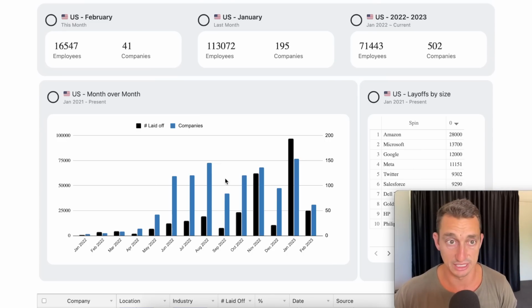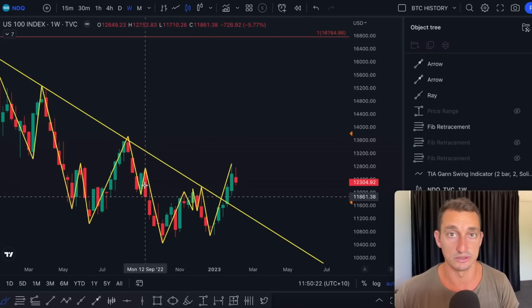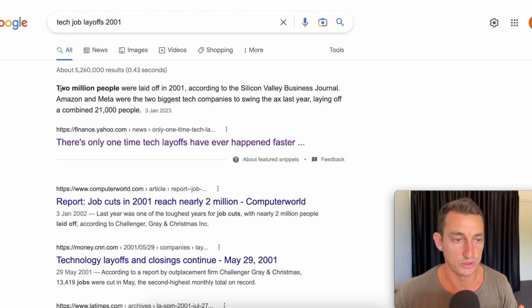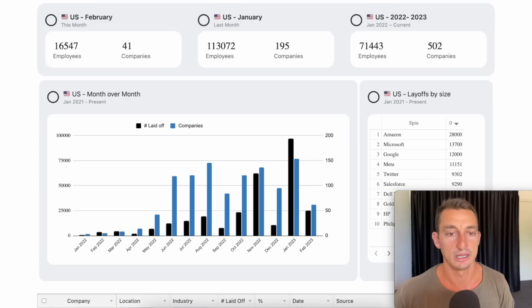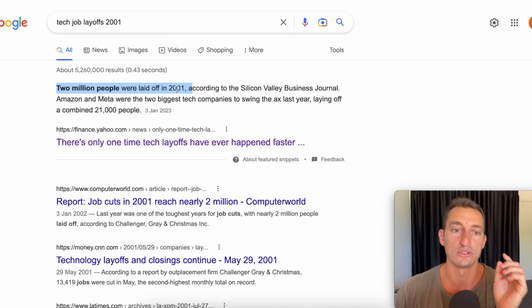And the markets are going to continue down further, just like what we saw in 2001 into 2002. Now, I want to just note the data here. 2 million people were laid off in 2001 compared to what we are currently seeing with last month being 96,000 or around 110,000. Add up for the total of the year, I think you barely hit 200,000. So 1/10 of what was happening in 2001.